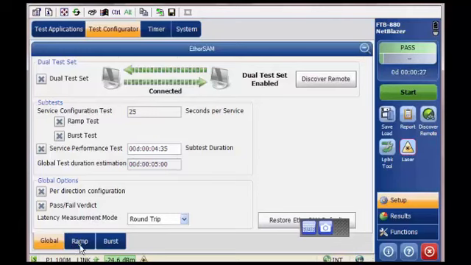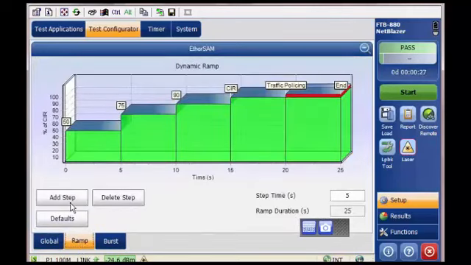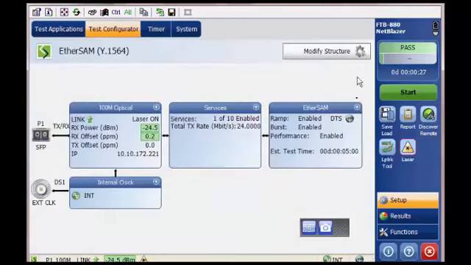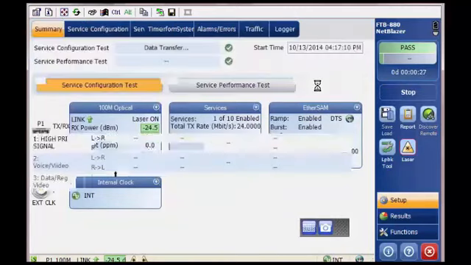In the next tab, you can configure your ramp. You can add or delete a step, and you can also configure the step time. Under burst, you can enable the number of burst sequence, refill delay ratio, and burst frame ratio. Once it's all configured, you simply minimize the window. You click on start. The dual test functionality should start